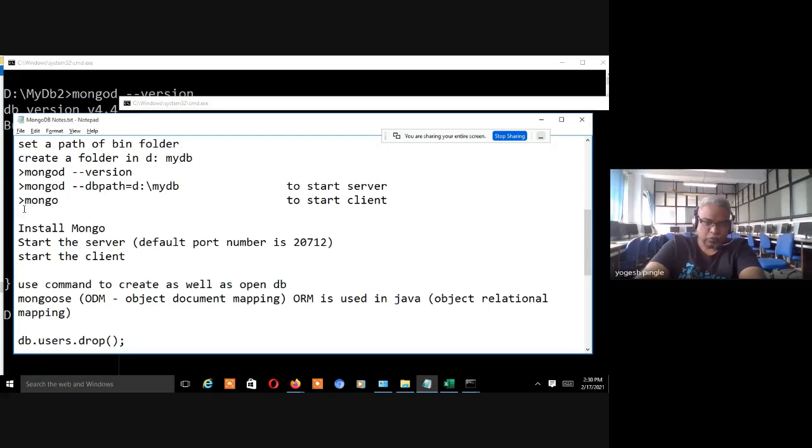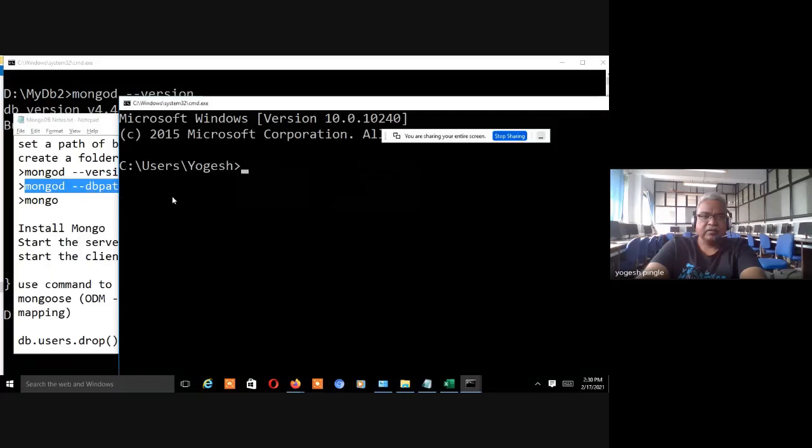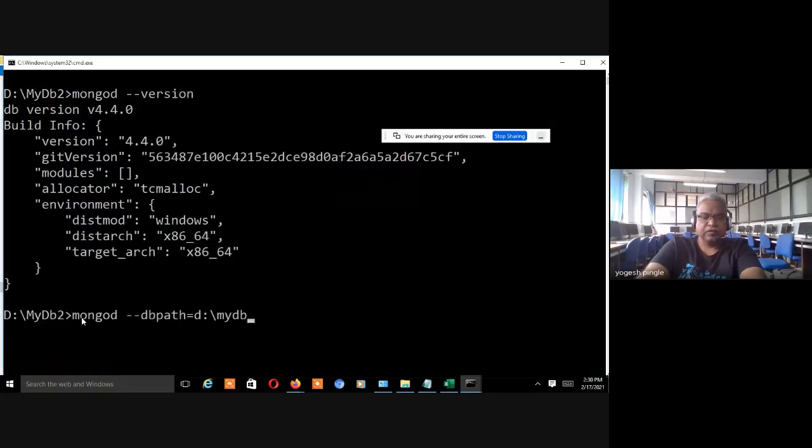The second thing is this. Once you want to start the server, see the command. If you want to start the server, this is the command, right? So I'm giving you this particular notepad file, so it will be very easy for you people also, that you can just copy paste what I'm doing now, right? So MongoDB has that dbpath, go to so and so forth, right? So this is the MongoDB where we are going to put it.